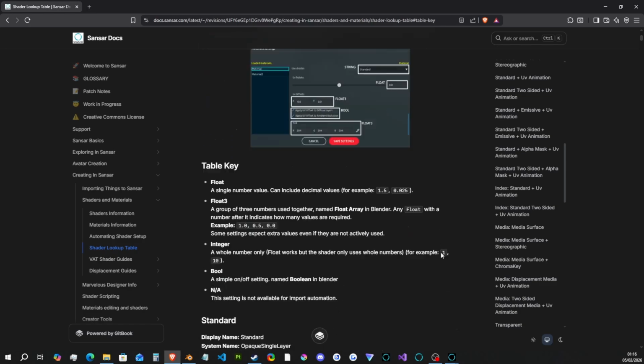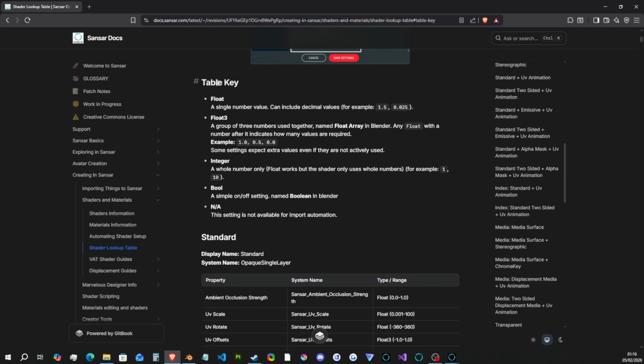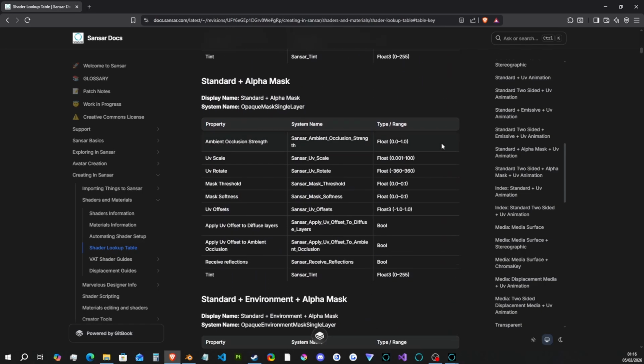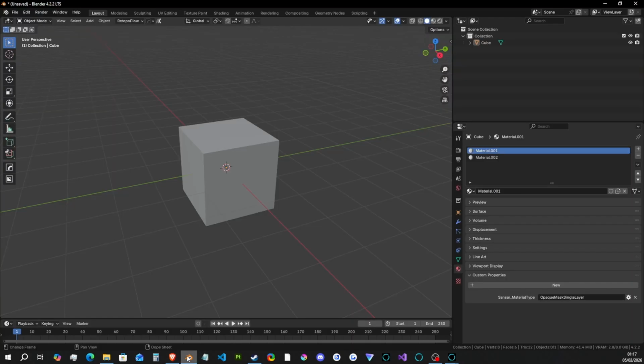So let's scroll down a bit. We have the table key. This just gives you a little bit of a rundown of what they are. And then let's go back to our alpha mask. Let's say we wanted to affect the tint on import. So we'll look for tint, which is the property we want to affect, and we'll get its system name. And I'll do Control C just to copy that. If we look at the type and range box, it tells us it's a float 3, and it's a range of 0 to 255. So back to Blender, we're going to press New, and we get another property,